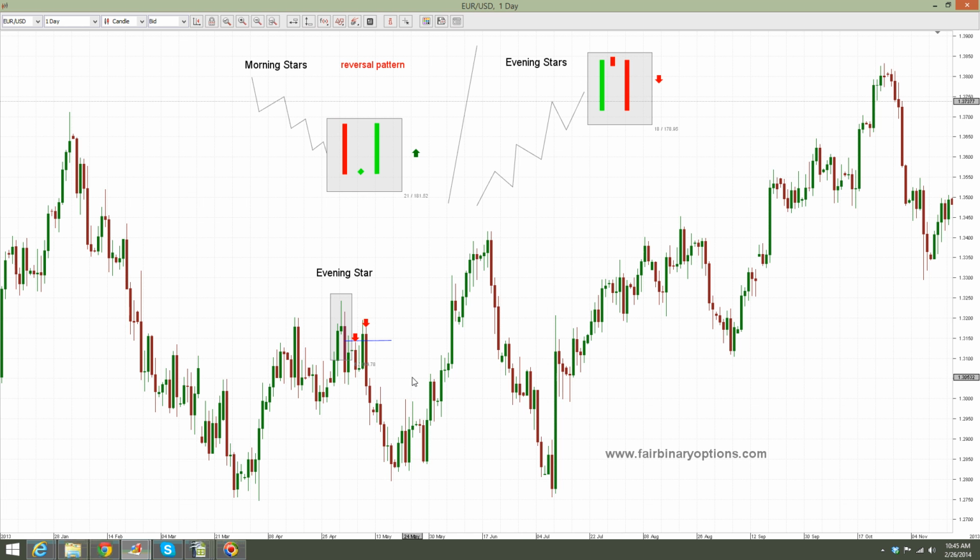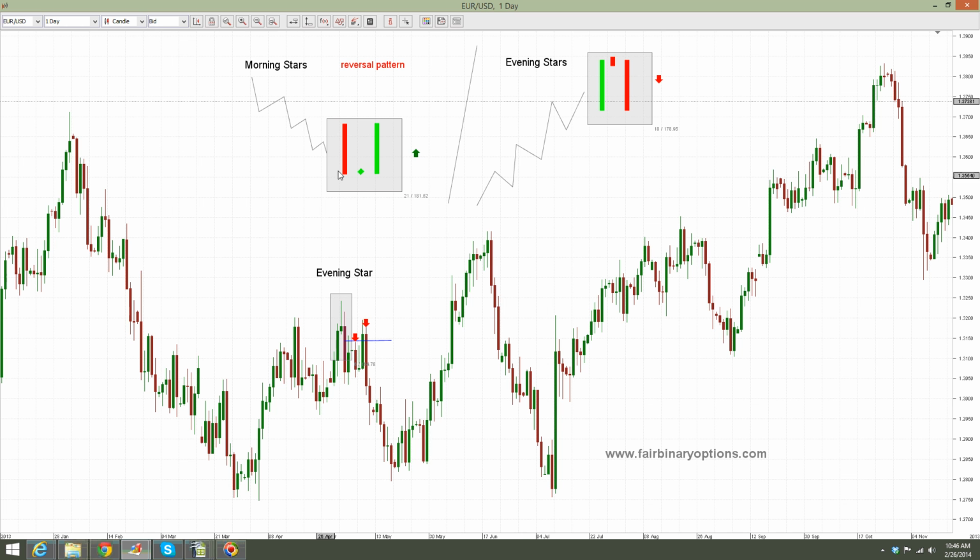For the expiration date in this case, I will go with something like end of week, depending on when the pattern comes. If this candle here is Friday, then I would wait for Monday, okay, and I will buy end of week, no problem. If this candle is Friday, for example, and this is the Monday, then I will wait for 2 more days or for a retest, and then still buy either end of day or end of week expiration. The same is valid in the case of a